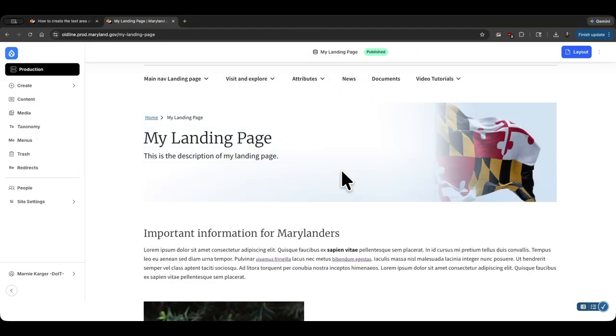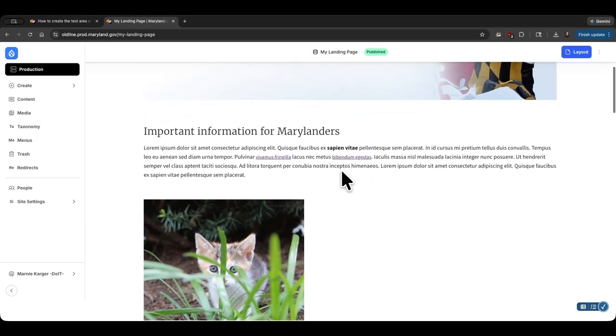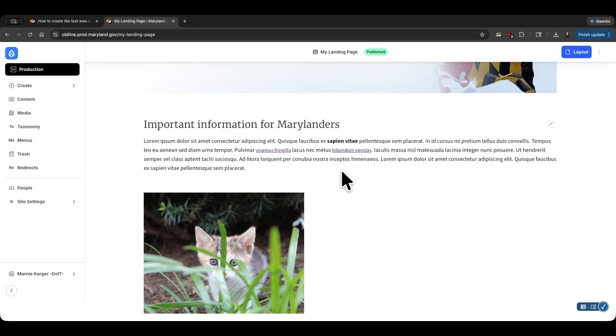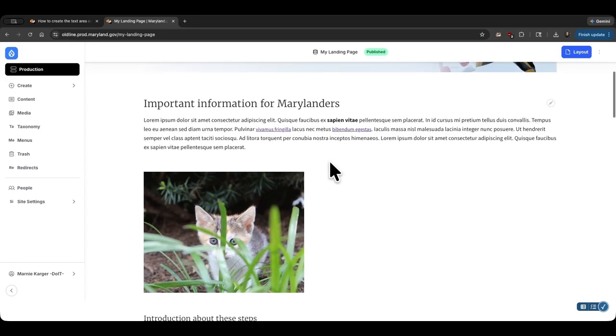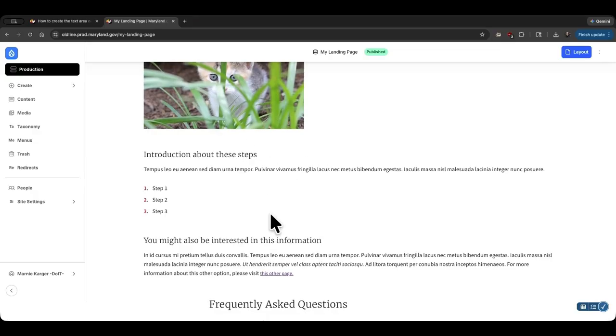I have opened a landing page that contains a fairly robust text area example. In this single text area, I've got a heading and two subheadings, an image, a numbered list, linked text, and other text that's been formatted. I've included a lot of little bells and whistles in this example to show them off, but in most cases,